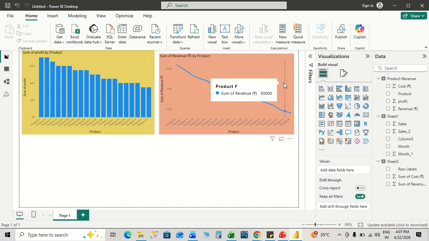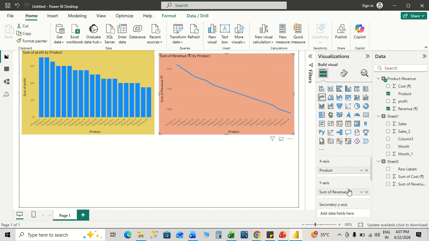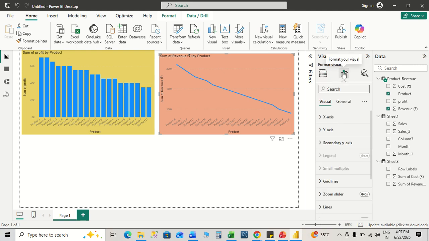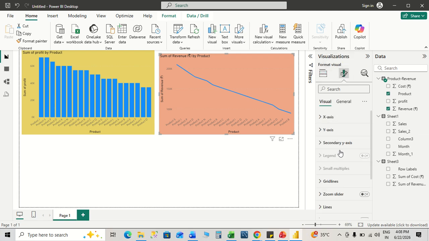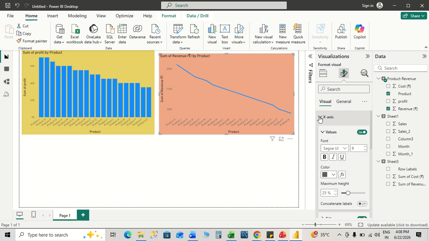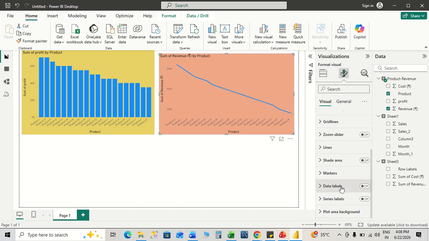If I select this and go to data label. Where is the data label? I think data label is inside this, under y-axis. Here is the data label. Now this will show the